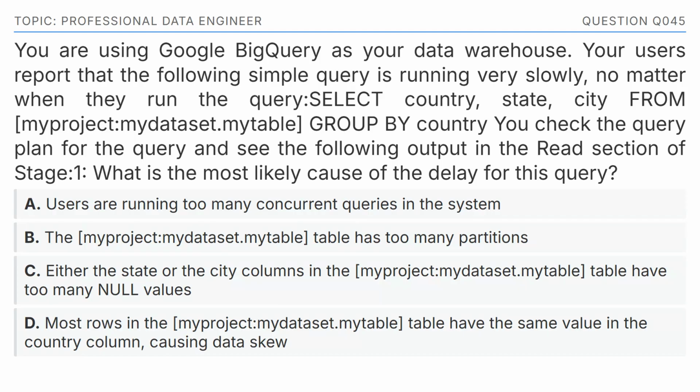You are using Google BigQuery as your data warehouse. Your users report that the following simple query is running very slowly, no matter when they run it: select country, state, city from myproject.myDataset.mytable group by country. You check the query plan for the query and see the following output in the read section of stage 1. What is the most likely cause of the delay for this query? The options are: Option A, users are